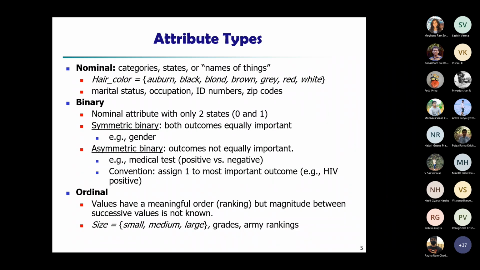So these kinds of examples. Usually it is mainly for subjective assessment of quality. We are not exactly telling how much, that quantity is not known, but we are trying to bring in some order. So those kinds of places we may have these ordinal attributes.